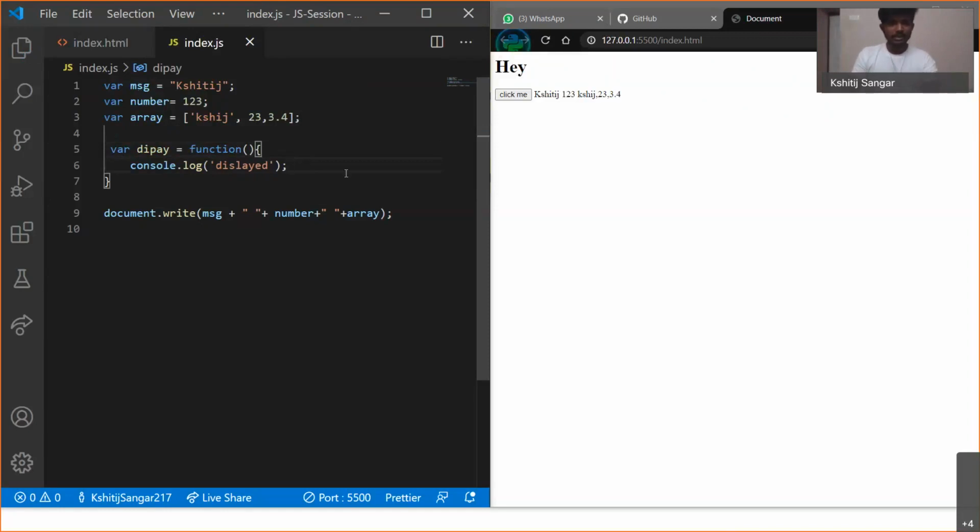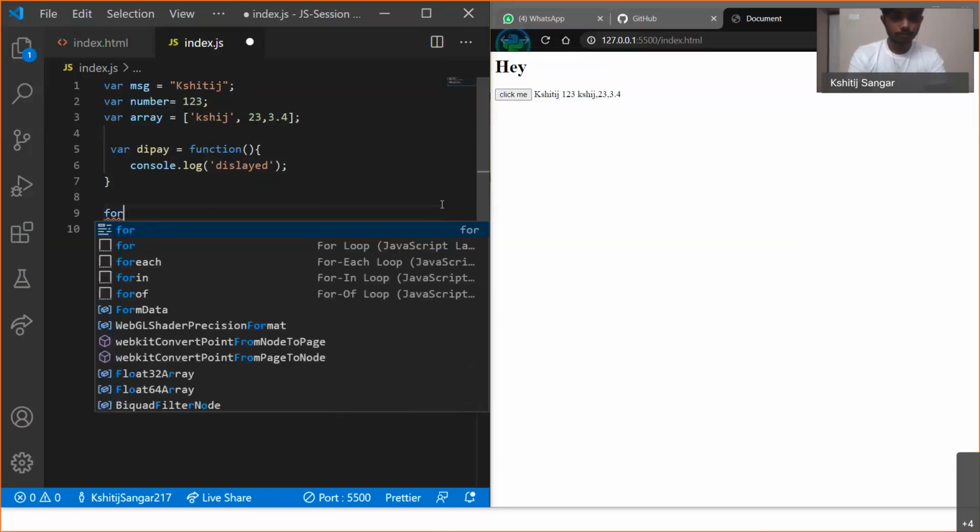So I think that's enough for the functions part. I'll explain the looping part of JavaScript. You don't have to worry about the loops of JavaScript because it's almost similar to C++ syntax. It's extremely similar. I'll write out the first loop, that is the for loop.